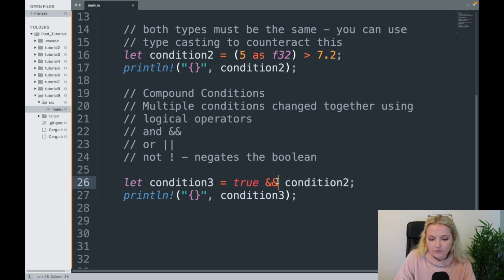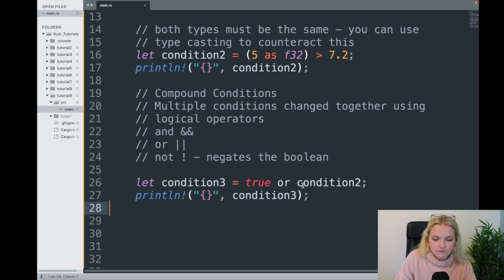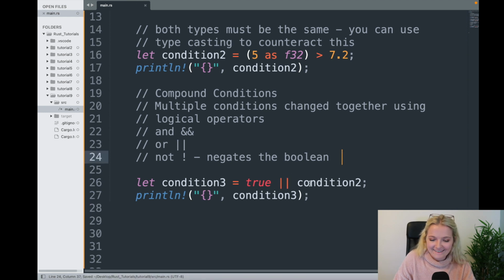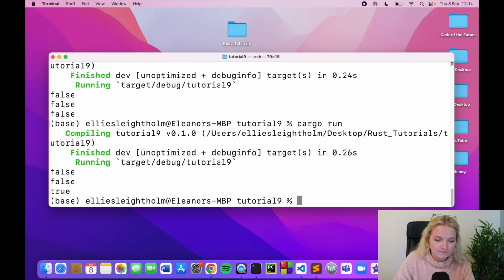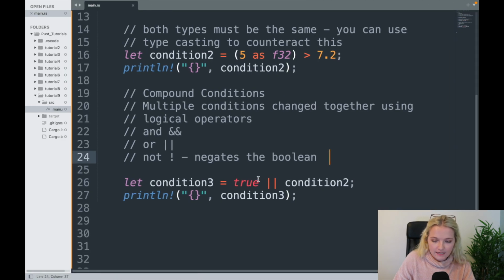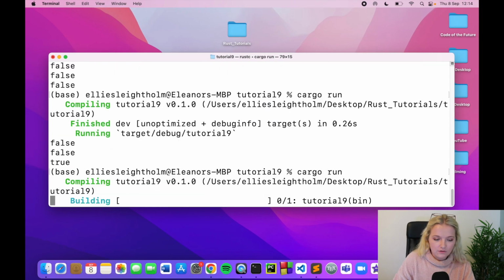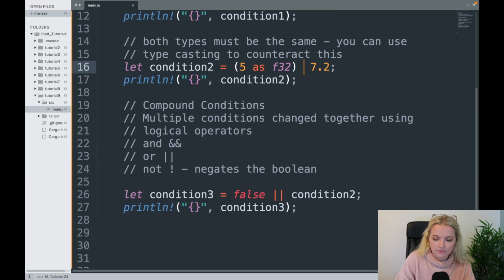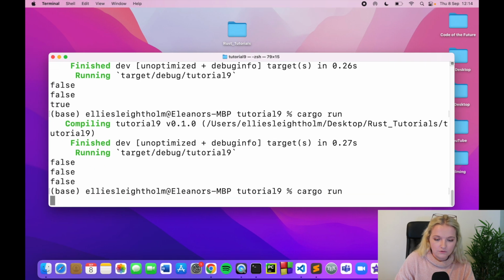So here, let's say, okay, what about true or condition 2? We're assigning condition 3 to the expression true or condition 2. In fact, I don't know why I wrote the word or again, I need to put the symbol for or. Let's just see what happens. Cargo run. We get a true because this is true. Now if I change this to false, we're going to get false. We do indeed. But if I change condition 2 to something that's true, we're also going to get true,